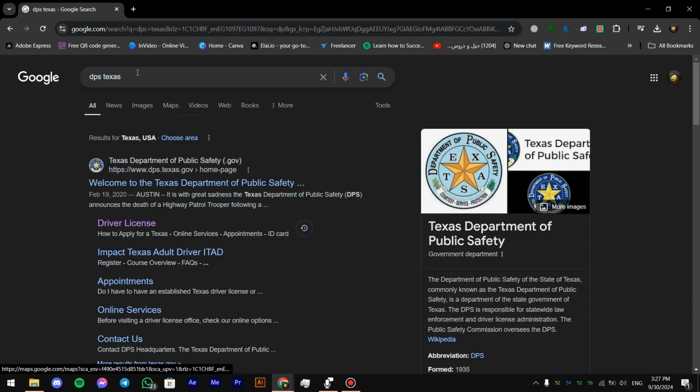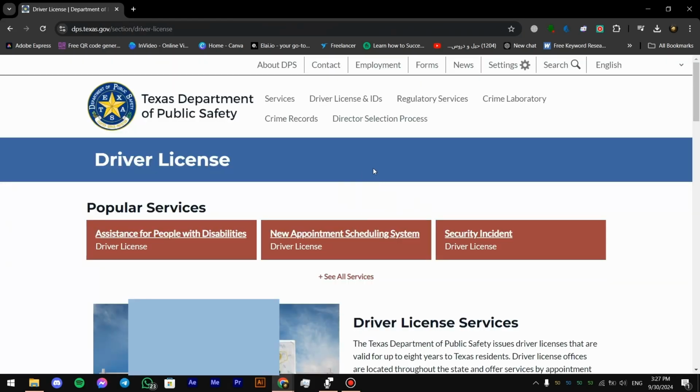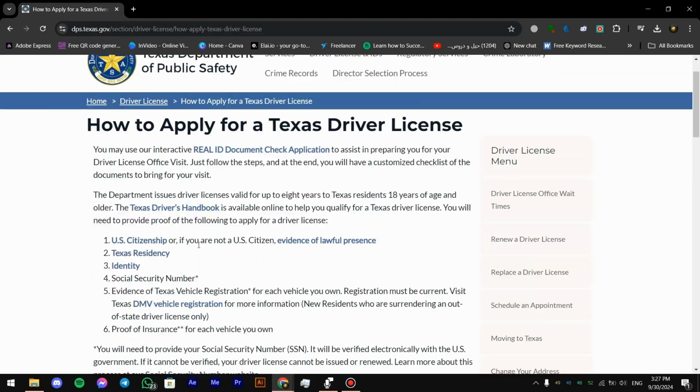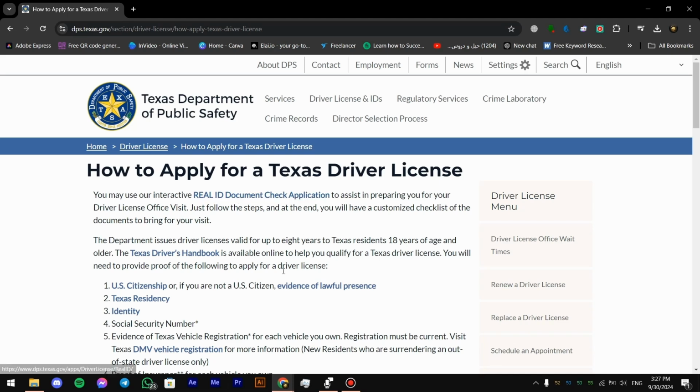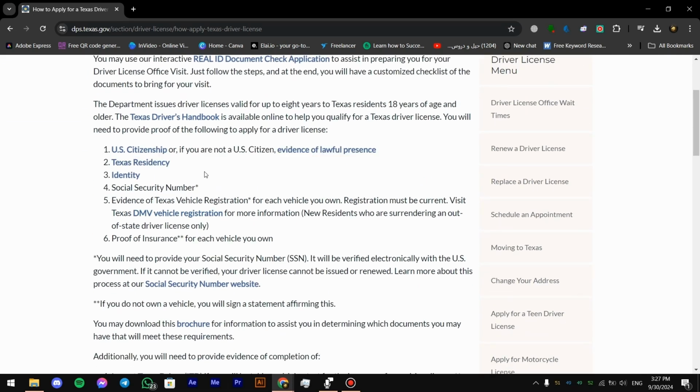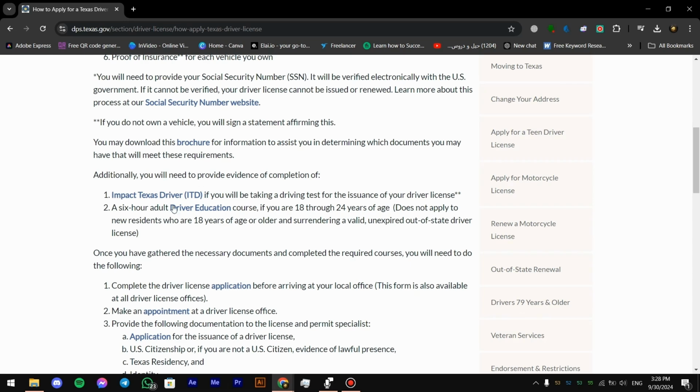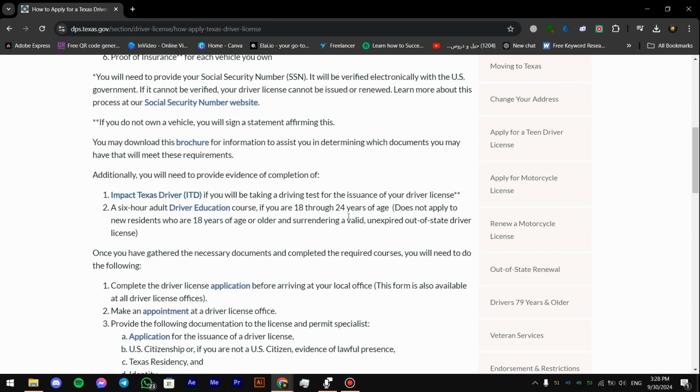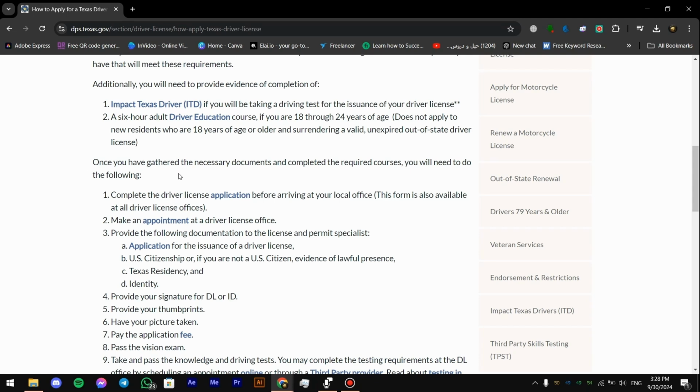After you're done with the course, you're just going to go to the DPS Texas website and press on driver's license. After that, you scroll down and press on DL requirements. In here, it's going to ask you for all the information and requirements that you have to fill in, like being a US citizen, a social security number, Texas residency, and all that. And it's going to ask you to bring the Impact Texas Driver certificate, which is the course that you took on the other page. After you gather all the information and the necessary documents, you can simply make an appointment